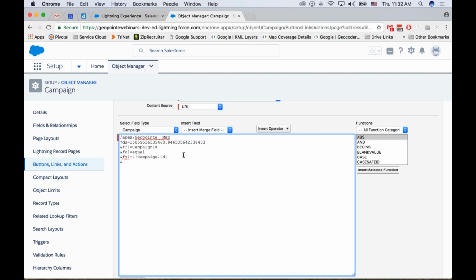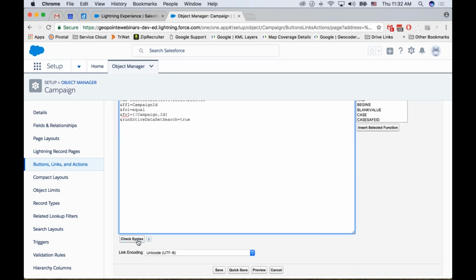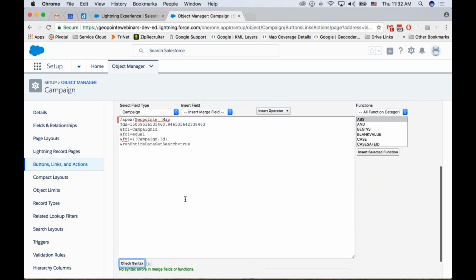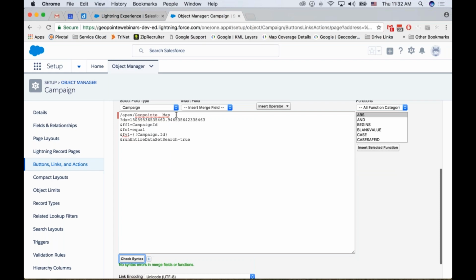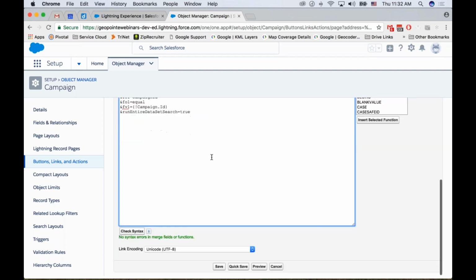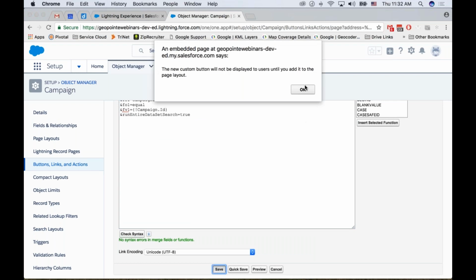And then finally, I want it to run an entire dataset search. And set that to true. And that's it. Check the syntax, it looks good. So just as a quick recap, go to the map. On this data set, add a filter to the campaign equals the campaign I'm currently on, and run that data set. So if I go ahead and save it,